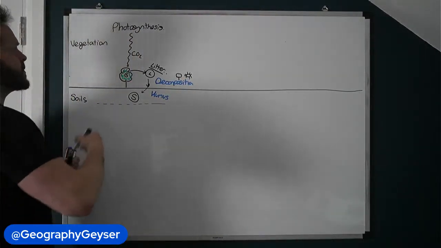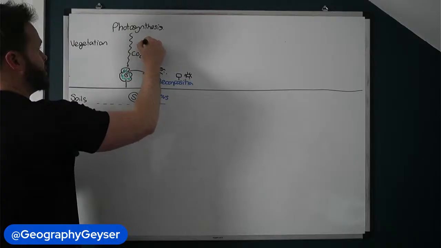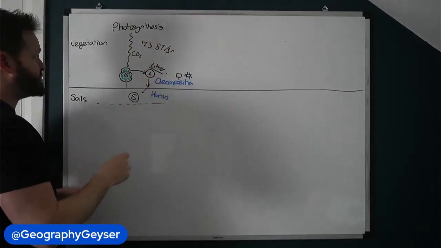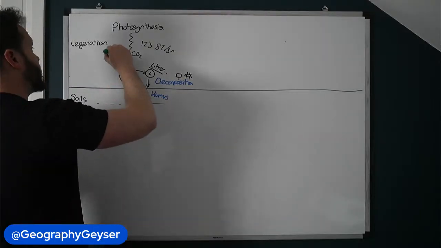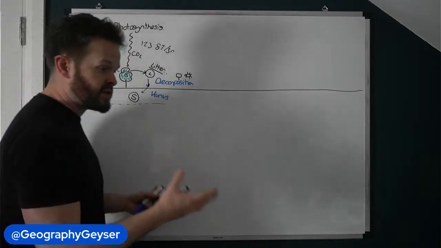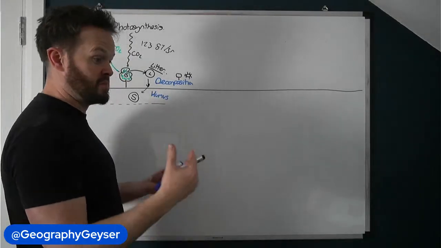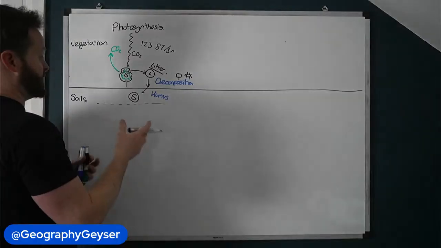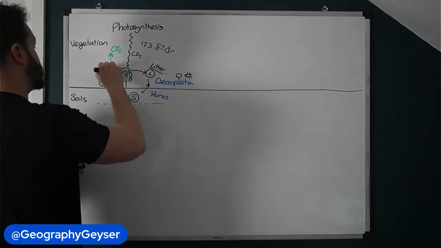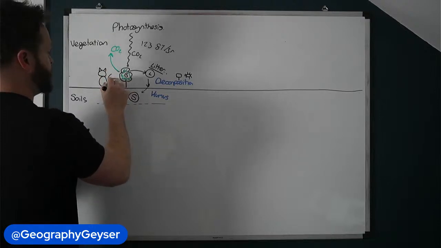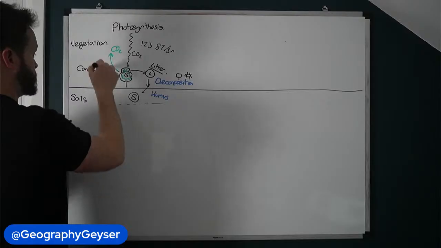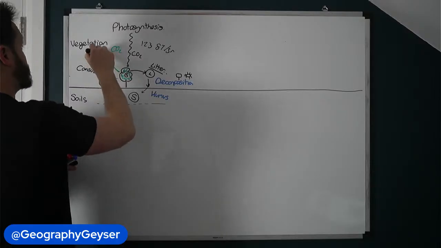So photosynthesis can take place, CO2, we know this before, we said it's around 123 gigatons of carbon per year. We know that in the evening as well, vegetation can respire, so there is the release of CO2. We know that vegetation isn't just kind of trees and flowers and that kind of thing. Sometimes vegetation can be things that consumers can eat. So once again, just like in the oceans, you have to explore, excuse the very bad cat drawing, but then we can go to our consumers and it goes through the food chain, and we know that they respire.